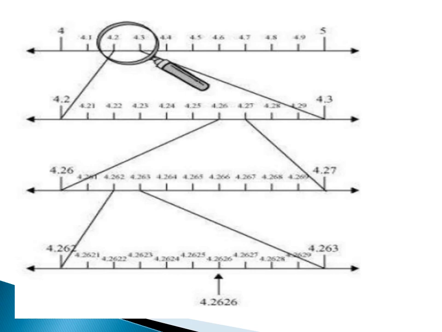4.1, that is, we know that it is the line between 4 and 5 only. Next step, 4.2 and 4.3 will be magnified. Again 4.26 and 4.27 will be magnified. Then 4.262 and 4.263 will be magnified. On that line we will get the value 4.2626. So the process of magnification will help us to locate real numbers on the number line. Now you can complete exercise 1.